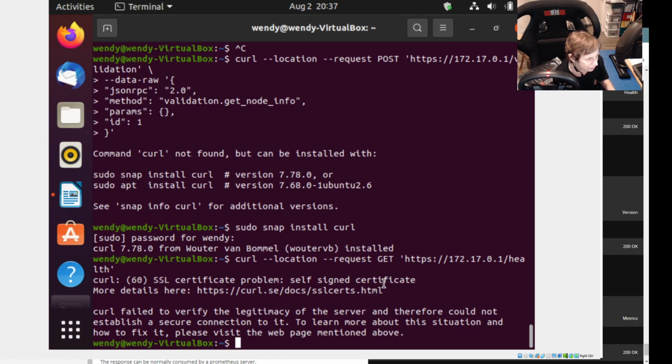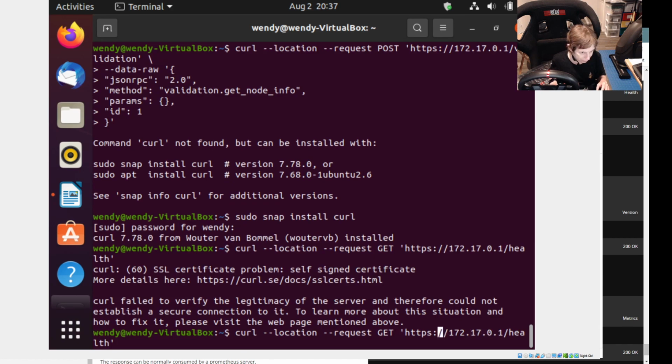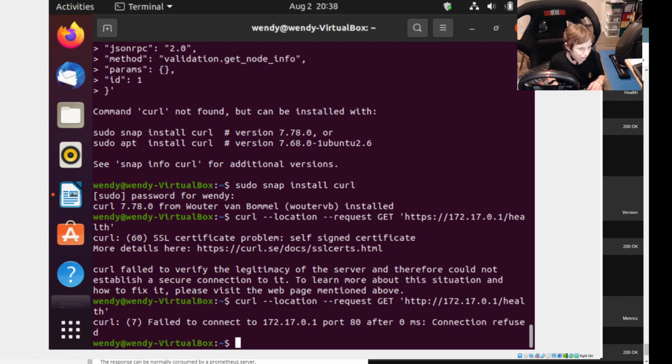Curl cannot... certificate problem. You know what? I did HTTP. I wonder if I can do just HTTP and if it's going to work. No. It probably does want HTTPS, in which case it wants a certificate, which we don't have. But what we did do tonight is,